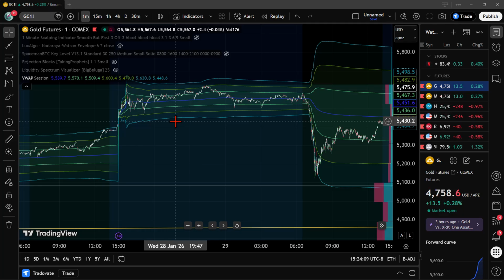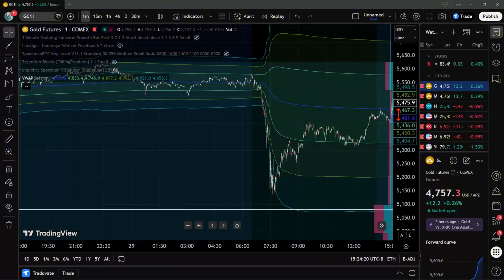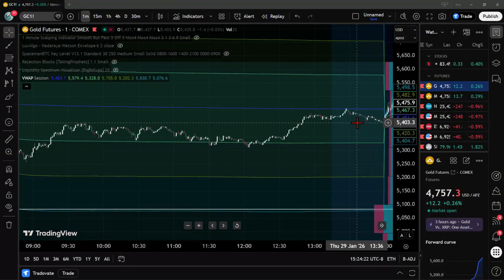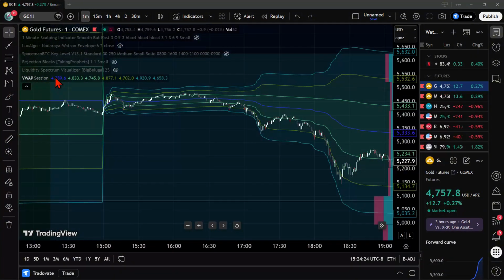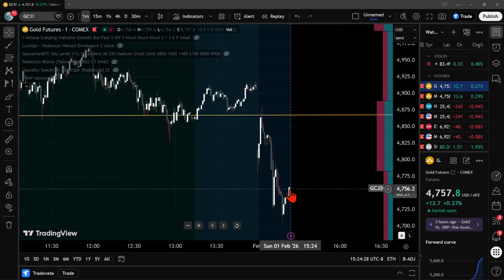Sometimes I'll be up at that time, but there's plenty of money to be made in even just these little areas here. So you can see, if I want to put a trade in right now, let's get rid of this noise, reset chart. If I want to put a trade in right now,